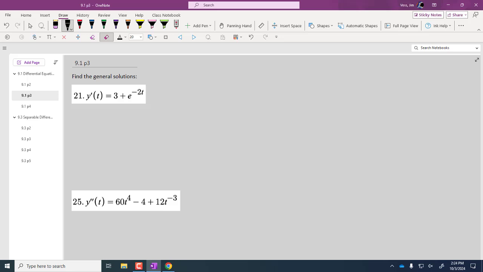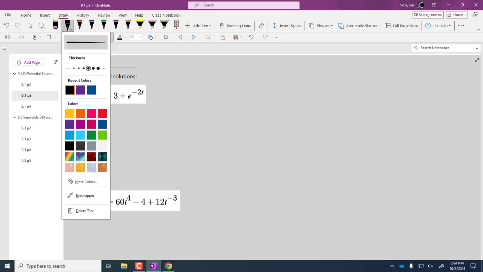So here we have a differential equation. It's a differential equation because there's a derivative in it. The independent variable is t, the dependent variable is y, and there's no y in it even. So this is the simplest type of differential equation. All we do is integrate both sides. If we integrate the left side and the right side with respect to t,